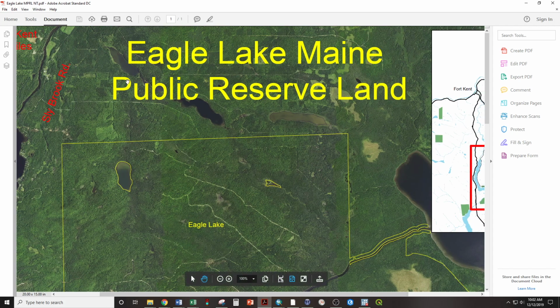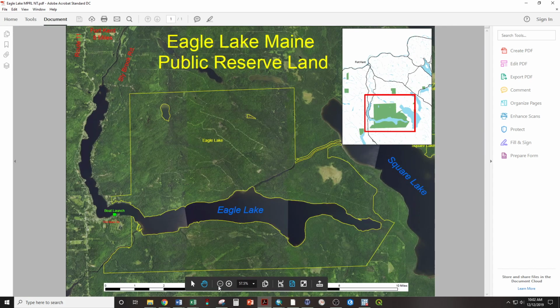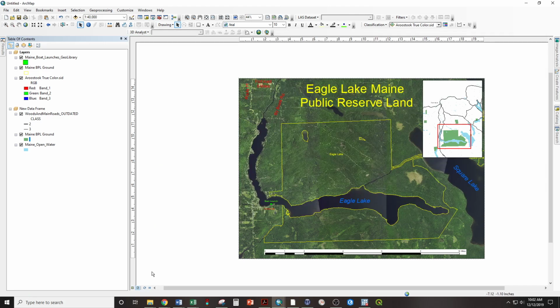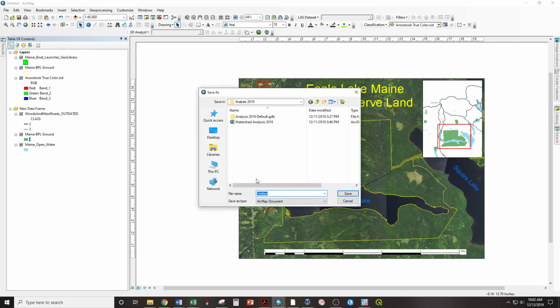So there is our map. Let's zoom out a little bit to show what we're really looking at here. So there's the completed map. You'll notice it looks a lot sharper than this preview. This is necessarily rough because it has to draw everything every time, and the finished product is a lot sharper. So now with this done, you can save it, and really should have saved this a long time ago because it will make you very sad when this crashes. You save this as your Eagle Lake